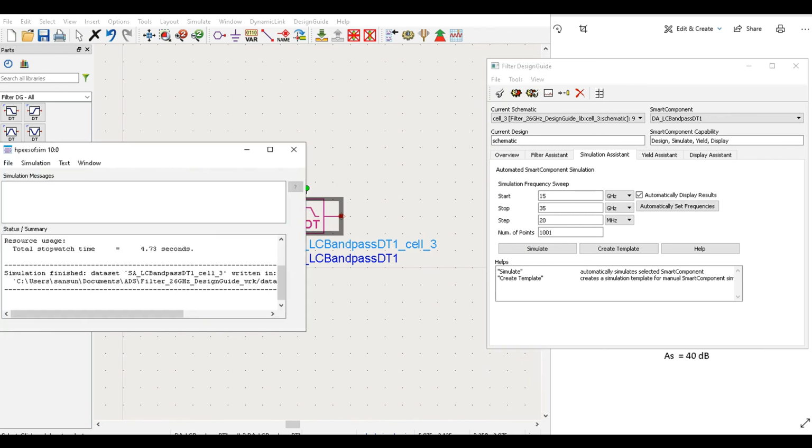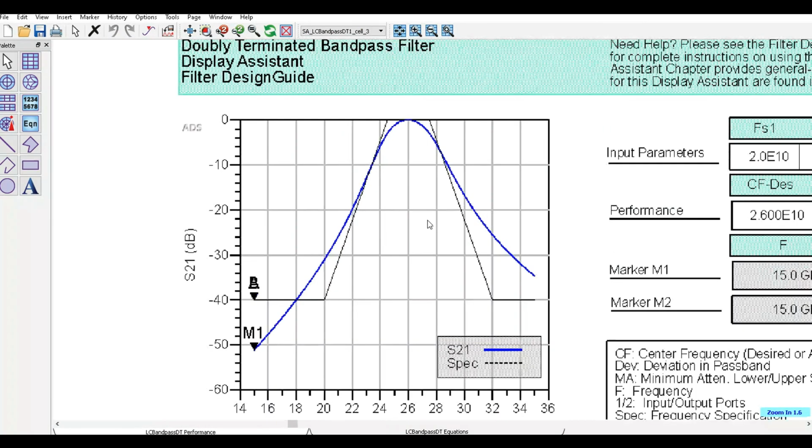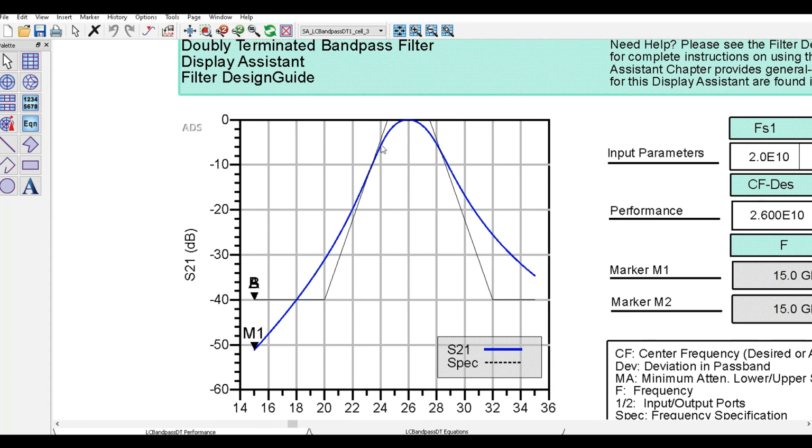Okay, all done now. Finish. So if we look at our graph, we see that it's changed now. In the previous one, we had like a ripple, and our plot is quite different. But the thing is, at 20 dB, now, at our 20 from this design, so it means